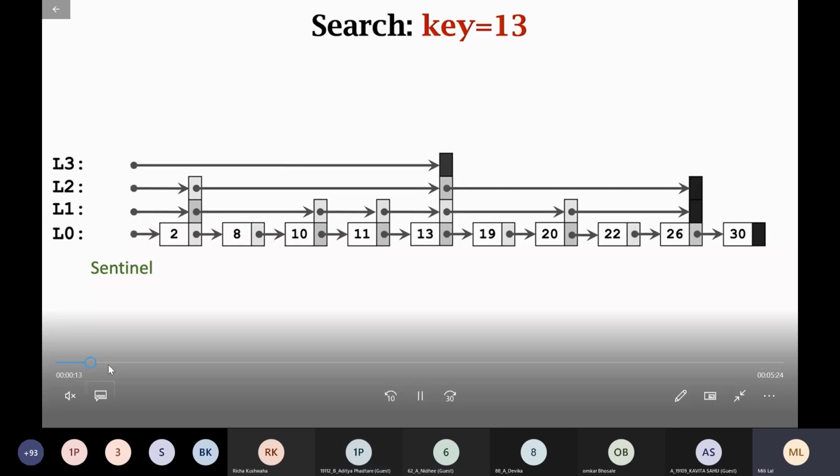Okay. Now what they are telling, search the key 13. So just see how the video works. How do you search for the key 13? You go to the topmost level. Level 3 is connected to node 13. So you directly find it in this example.